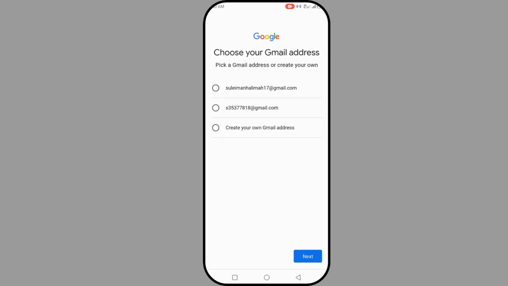After you click on next, now choose your Gmail address. Which Gmail address do you want to use to create your YouTube Studio? You can see Google has given us different Gmail address that we can use. So if you want to create your own, you can click on create and you can use this one as